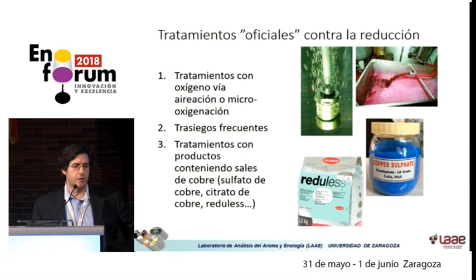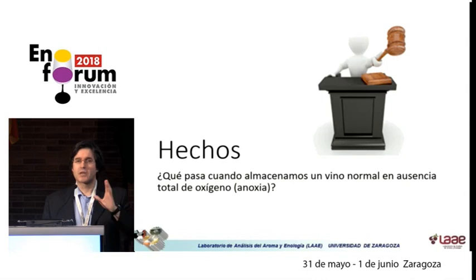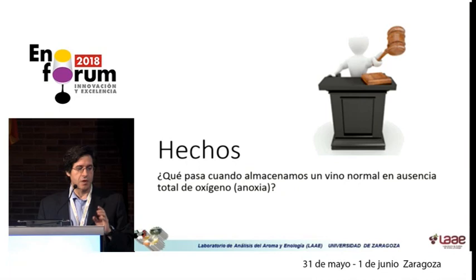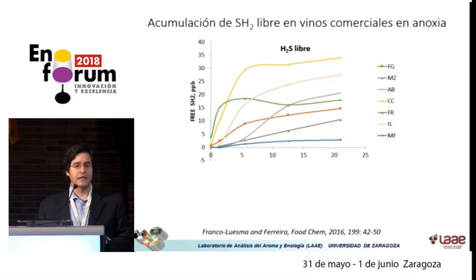What do we do when we have a problem? We try to palliate it with oxygen, and we also employ a series of products containing copper salts in different forms. What happens the moment we store a normal wine in the absence of oxygen? This is the H2S free content. This is an accelerated aging, but the scale could be like 2 aging years. There is a continuous production of free